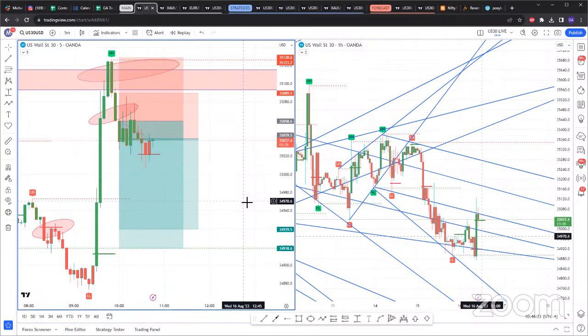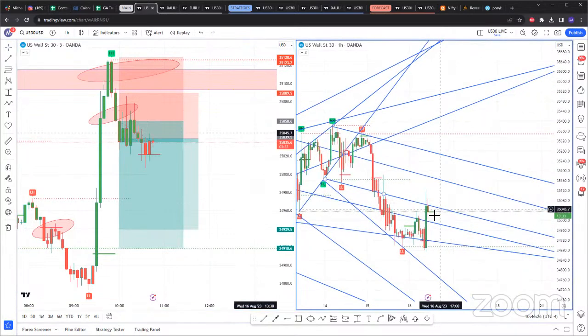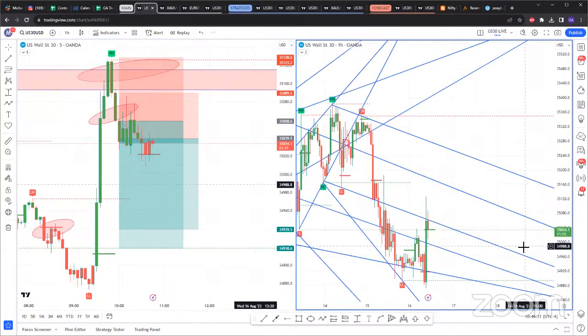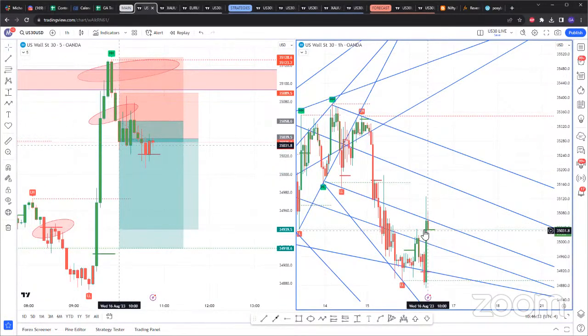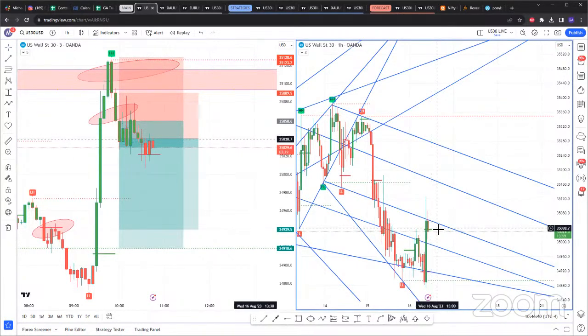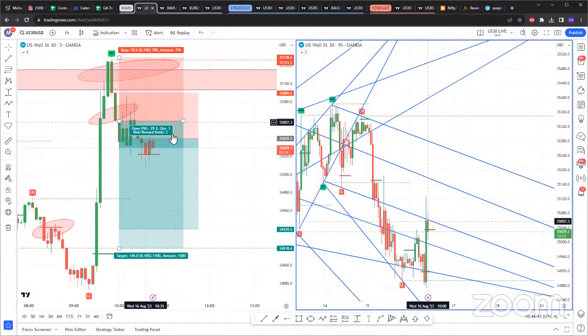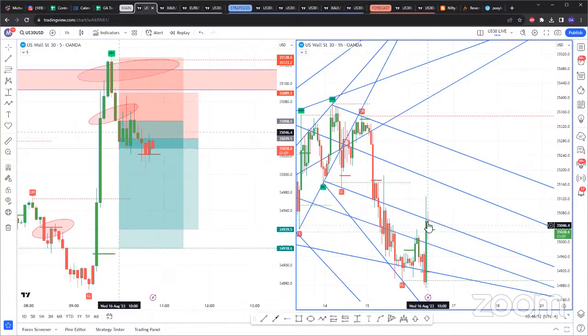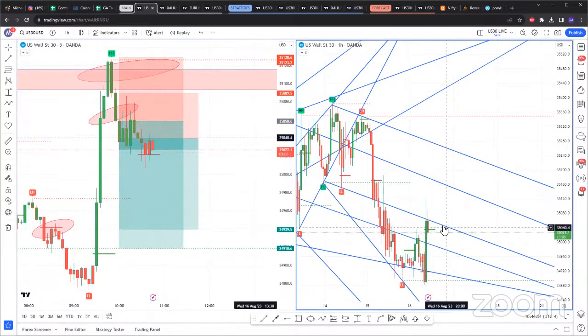That way, my risk for countering the trend is lower because I know that the daily trend is bearish. So for example, if I was to take a buy based off of this 1-hour zone right here, which means in the next 13 minutes, this second hourly candle needs to close above this SAR that was created and broken above, I would take that buy with a 0.25% risk. But if I'm taking this sell right here, I'm in this sell with a 0.5% risk. So if I make money on this sell, I'm making 1%. If I make money on this buy, which is countering, I'm only making 0.5%.